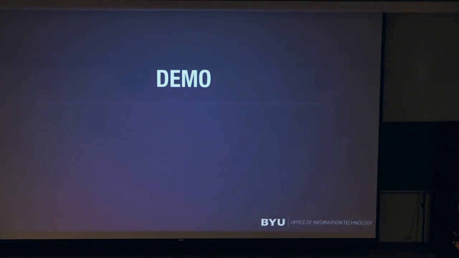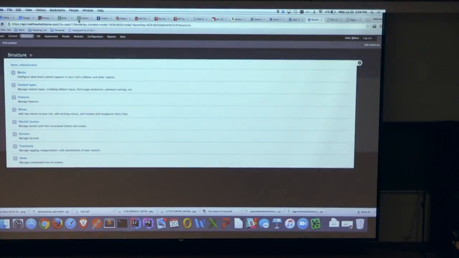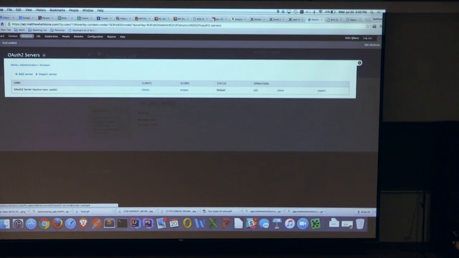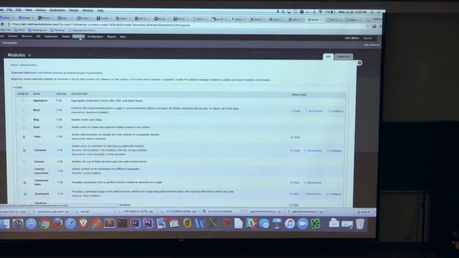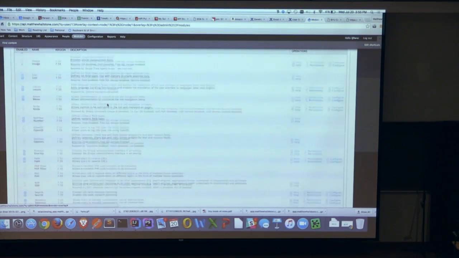Cool. So part of what I wanted to do is go through and show how I've configured some of these modules. Right here we have the OAuth 2 server, and we'll go into modules. Let's look at our modules, and you can see some of the dependencies.